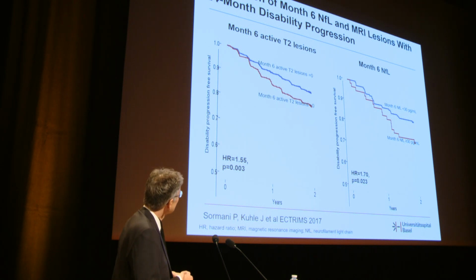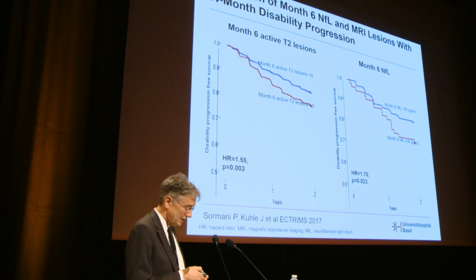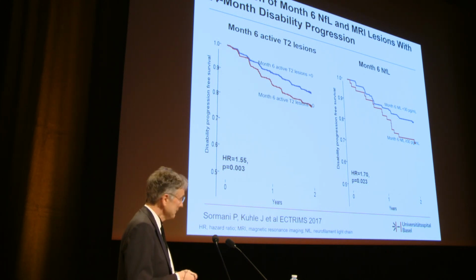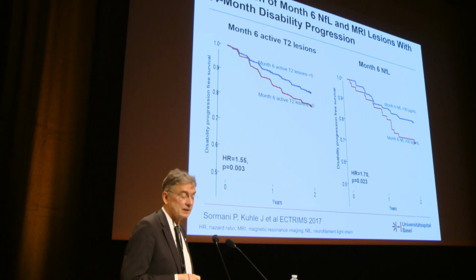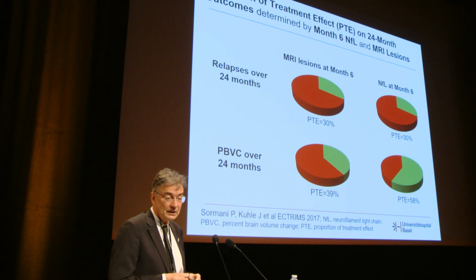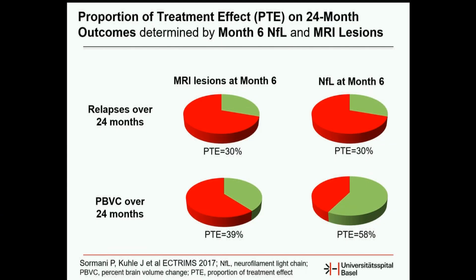And you see the comparison, active T2 lesions at month 6 and neurofilament light levels. You see the predictive value with a hazard ratio of 1.6 or 1.7 for both, statistically significant and acceptable. It is perhaps interesting to see this last figure from this piece of work that I wanted to present here,